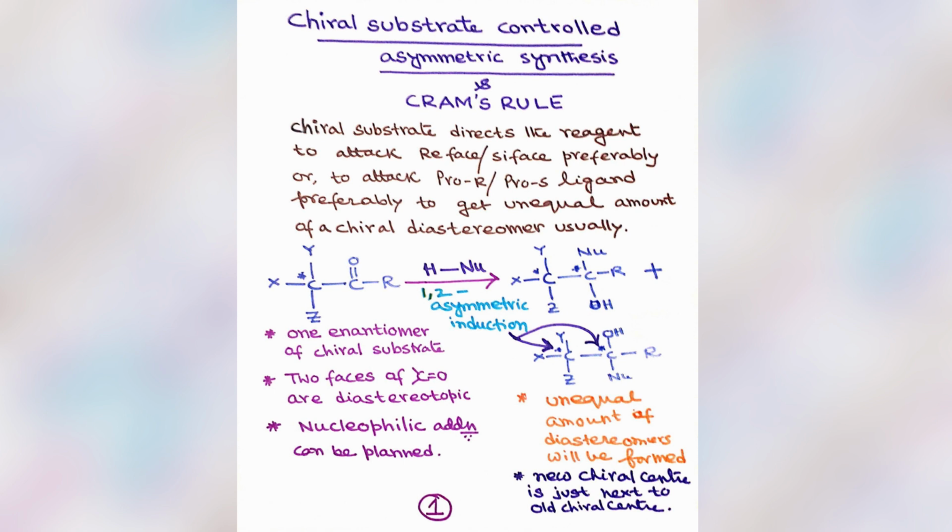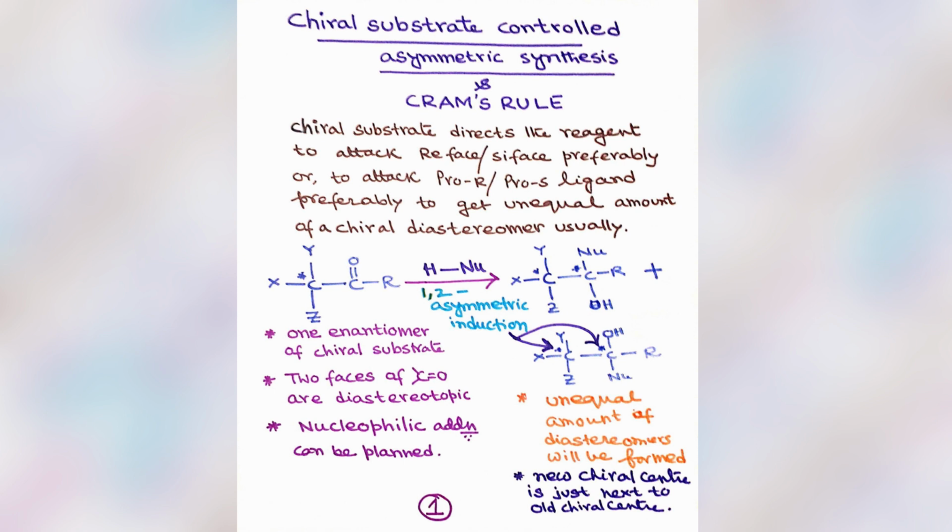And when we design all these asymmetric syntheses, the reagents which are used for such reactions specifically target those diastereotopic ligands or the diastereotopic faces present in those chiral substrates. And due to the facial bias or some steric crowding, one particular reaction happens easily, so that leads to the